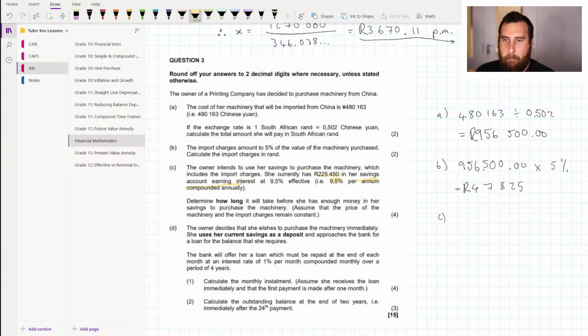9.5%, there's our amount. So we need to basically determine how long we need to have the savings account going for to get the total of these two values. So let's first find the total, and then from there we can calculate the number of years that we'd have to have the savings account going for. And this is actually a logarithm style question. So we're going to have this 956,500 plus the import charges of 47,825, and this gives us an amount of